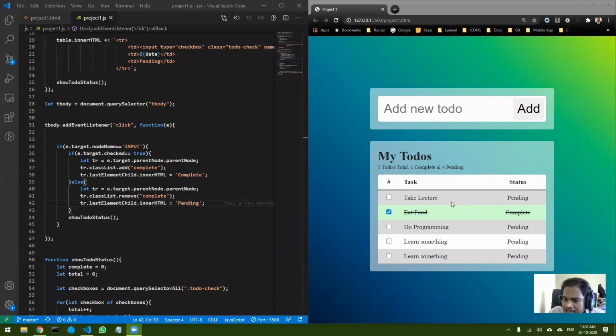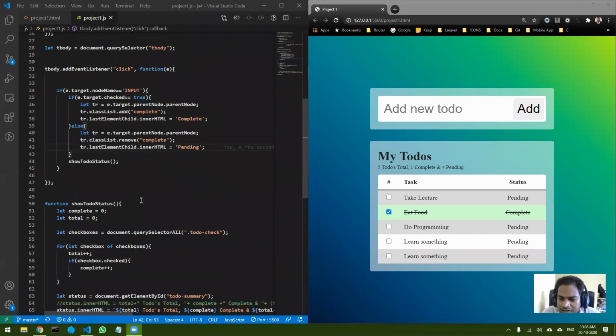Another option, I will show you another way. Okay, so where am I doing this? Yeah, so I am doing this addEventListener click. I'm adding an event listener to the tbody, right?